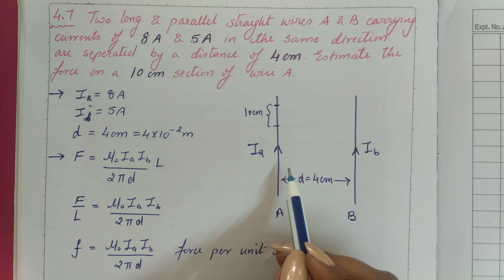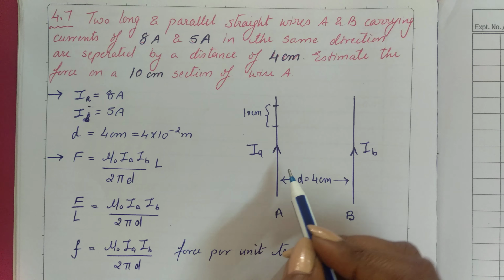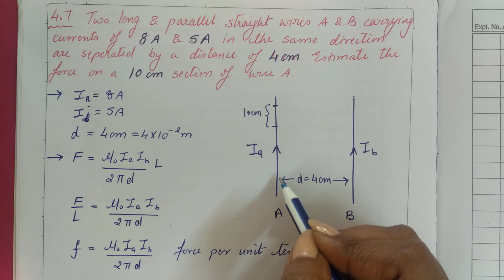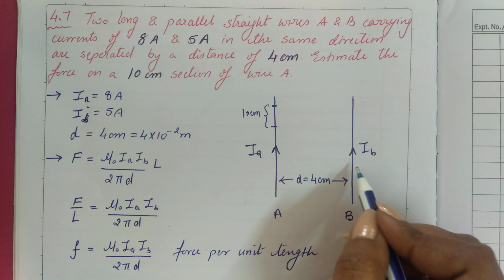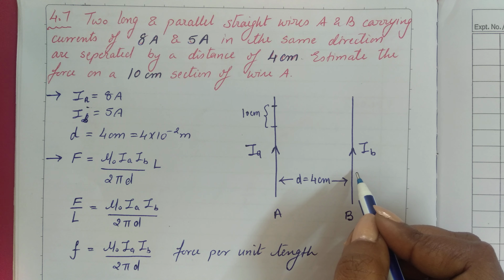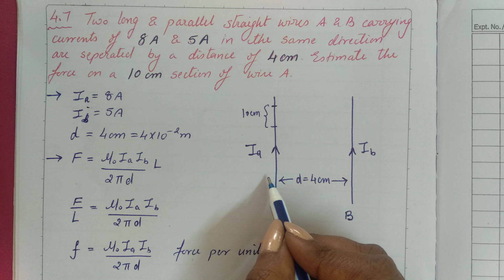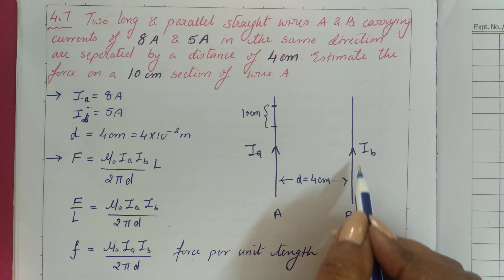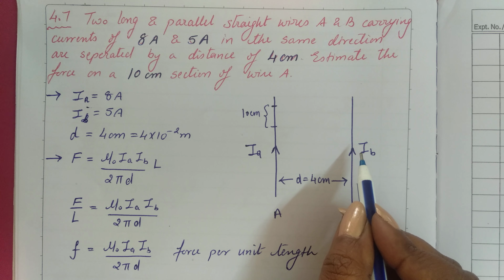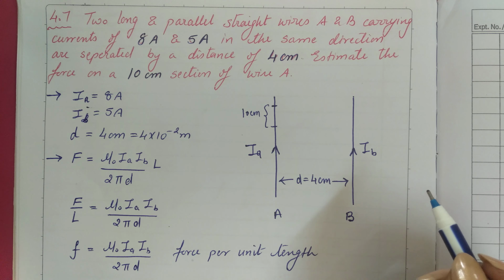So then you have to remember topic 4.2.3. Now what condition is this? This is a current carrying wire and it has been placed in the magnetic field of this wire. So you can say that force will be acting on this wire as we have placed it in an external magnetic field. But we need not calculate that total force, we have to calculate force only on 10 centimeter section of